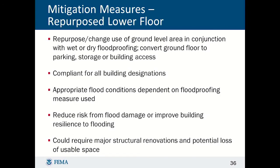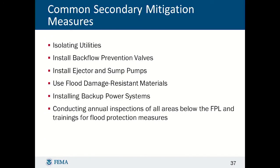Another relatively uncommon approach is to repurpose the lowest floor. Depending on the repurposed use, wet or dry flood proofing techniques are permissible. While the measure is generally effective at reducing flood risk, it can require major structural renovations and/or potential loss of usable space. Some additional secondary mitigation measures include isolating utilities that service the ground floor or areas susceptible to flood damage,